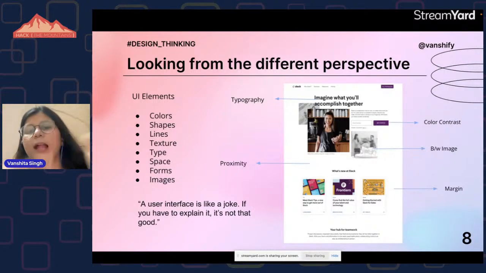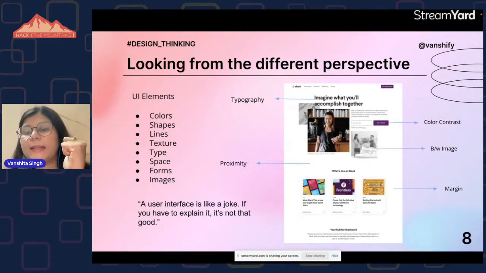As you can see, this is the official website of Slack. I have taken it as an example, and you can all visit the Slack official website. You can see that it's a very simple, decent looking website. Nothing embellished, nothing fancy, no fancy text or too many colors. They just followed one color theme and have gone minimalistic.